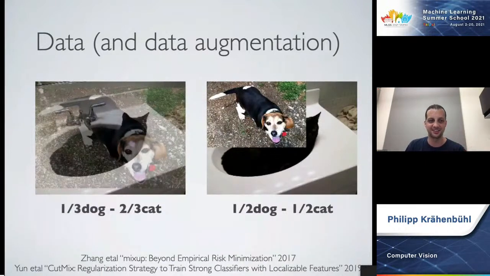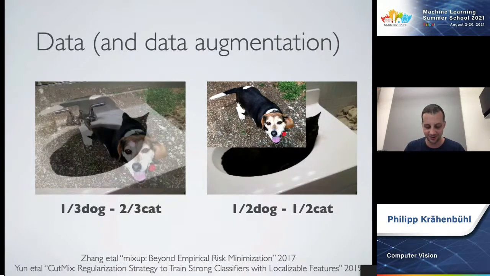One of them, for example, is Mixup, where you take two images and overlay one over the other. Let's say you use transparency and you put a 30% transparent dog, or a third transparent dog, on top of a cat image. Now you ask the classifier to predict that this is a third dog and 2/3 cat. This data augmentation gives you about a point or two improvement on Imagenet if you just mix these images.